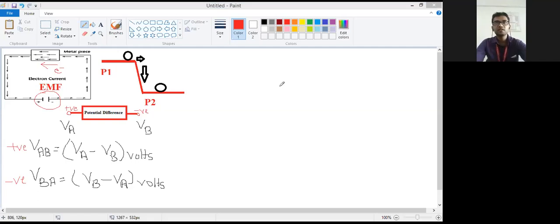Now we are moving towards the resistance side. We have already seen what resistance is. Resistance is opposition to the flow of electrons, and the component which has this property is nothing but the resistor. Okay, so we'll move on to the